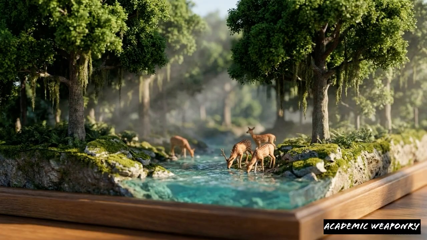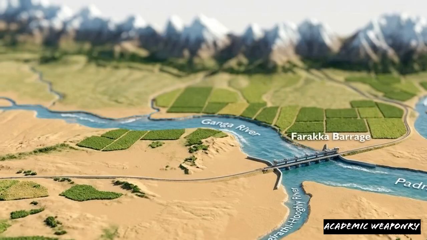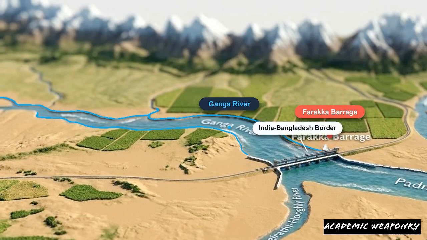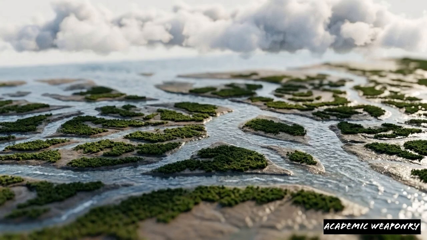Moving eastward into West Bengal, the water reaches a critical infrastructure juncture, the Farakka Barrage. Here, the river is physically divided. The main branch enters Bangladesh as the Padma River, while a secondary distributary is diverted southward through West Bengal as the Bhagirathi Hooghri. This bifurcation marks the end of the river's role as a centralized agricultural engine and the beginning of its transition into a sprawling, complex estuary system.